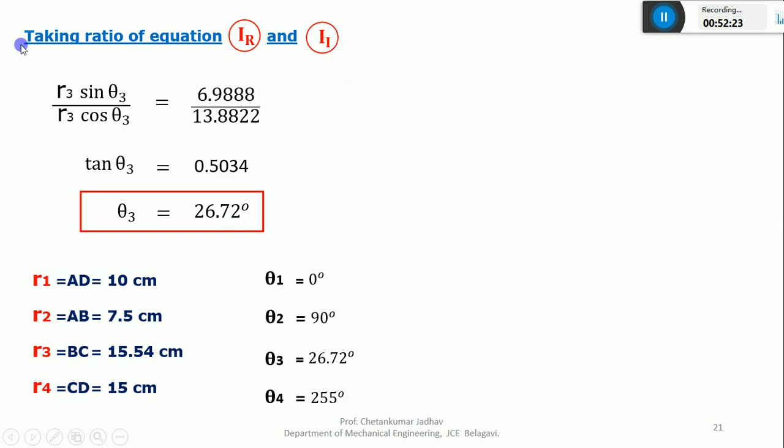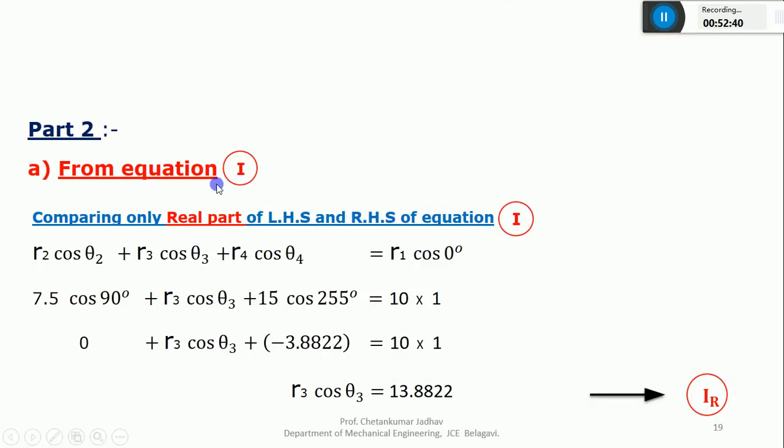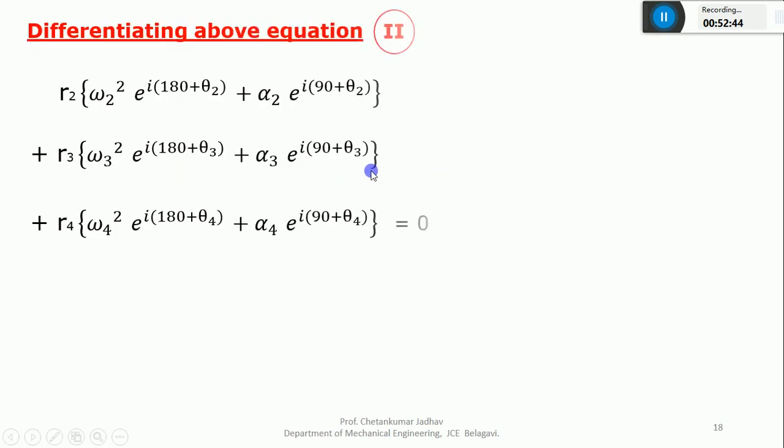This is only with respect to the first equation. You need to follow the same procedure with respect to the second equation. You'll get some answer, and you have to follow the same procedure with respect to the third equation. You'll get the answer. If you want, I'll revise once again, because you're solving this problem for the first time, so you may face difficulties. I'll provide the notes, and just practice once.